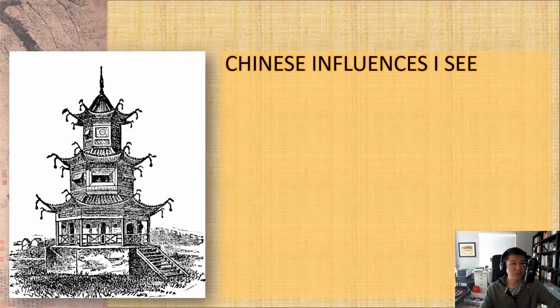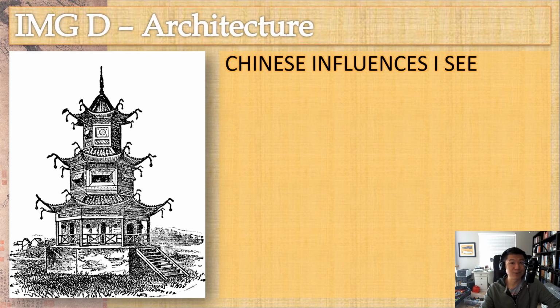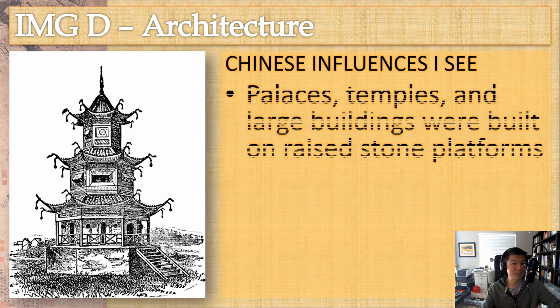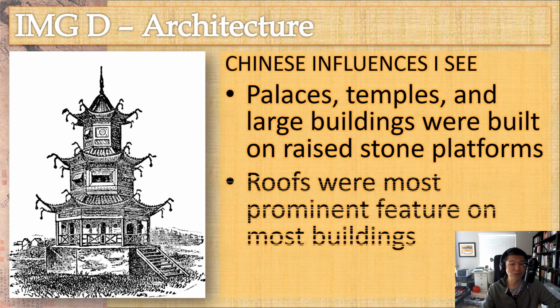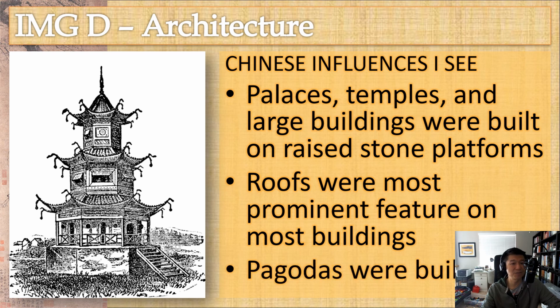We move on to our next image, and that would be image D. As you see, the architecture of China would be implemented with those in Japan. We see in China palaces, temples, and large buildings that were raised upon these stone platform foundations. And when we look at the roofs, the curved roofs would become the most prominent feature in Chinese architecture. Okay. Oftentimes, particularly the Buddhists would create pagodas for use of meditation